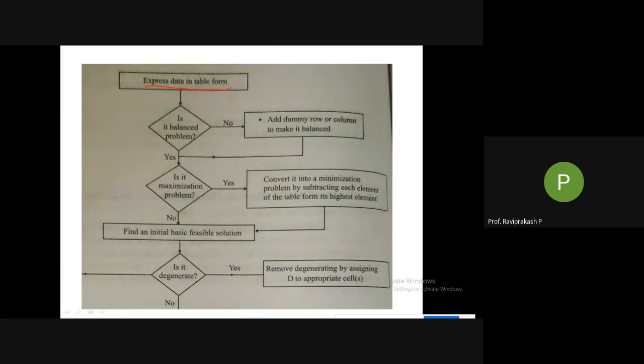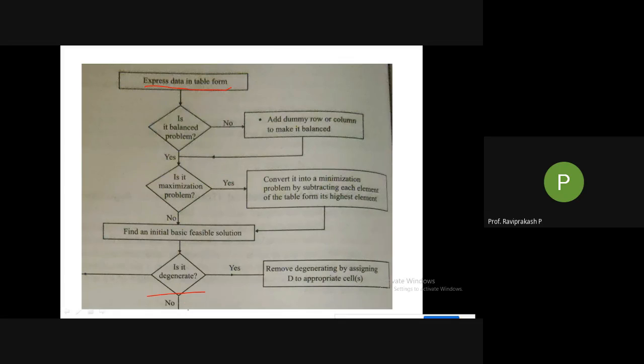In the sense, number of assigned squares or the values there. So, as I had explained in the earlier class, till here you are having... If yes, okay, removing different things that is not there for you, don't worry. If no, continue. So it is not a degenerate one. If both are same, meaning m plus n minus 1 is equal to the number of assignments, that means it is not a degenerate problem. Then we need to continue.